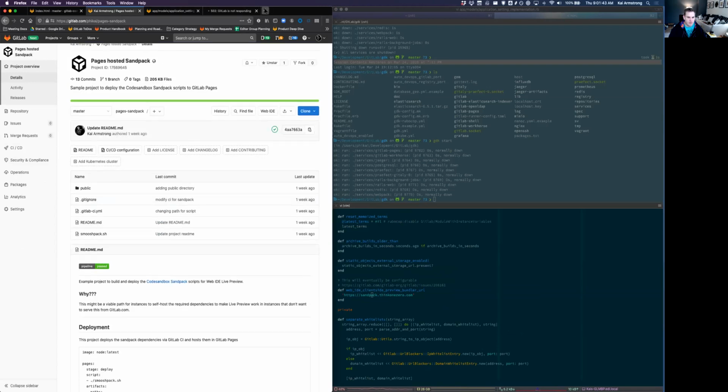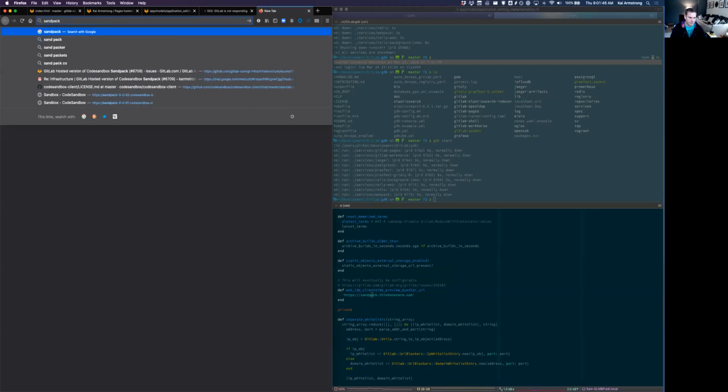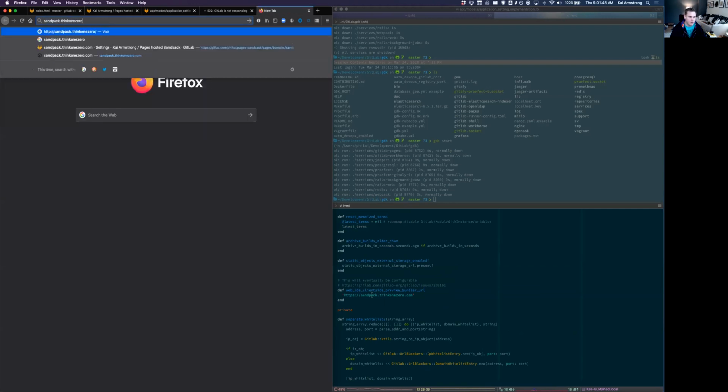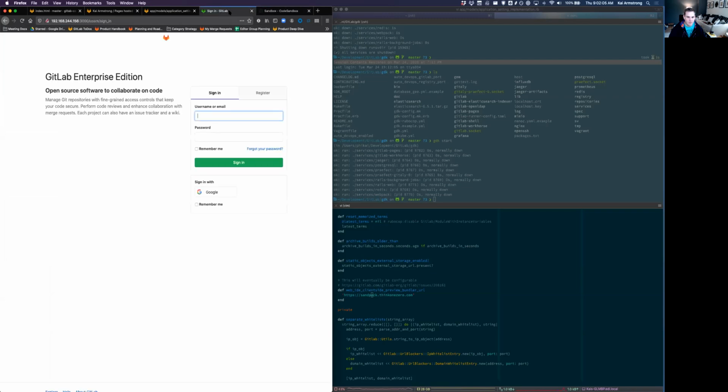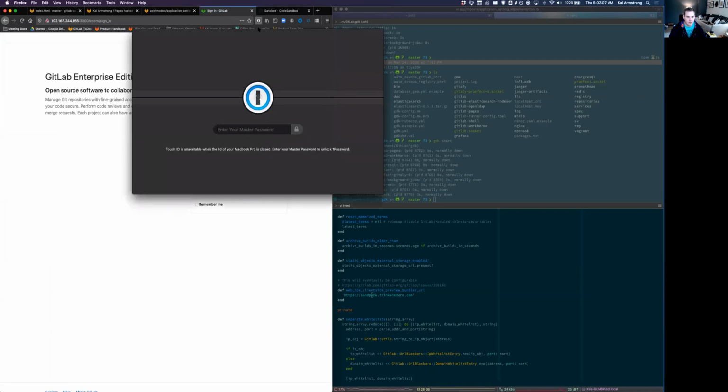And if I go to the domain that this is hosted at, you can kind of tell that it's Code Sandbox, and it's running. You can see the icon here, and otherwise there's nothing to see here. So what's interesting about this is now if I go to